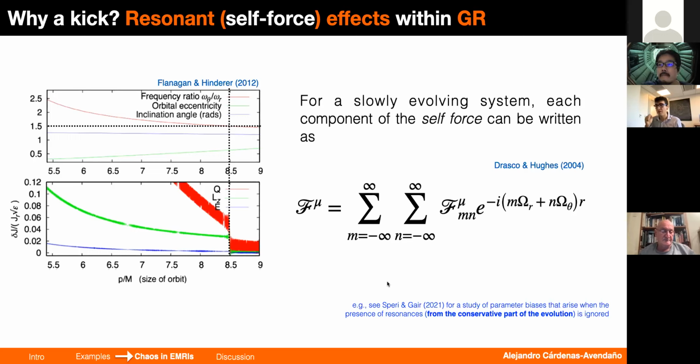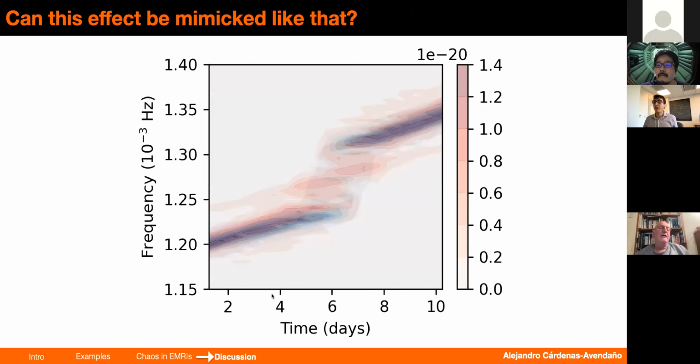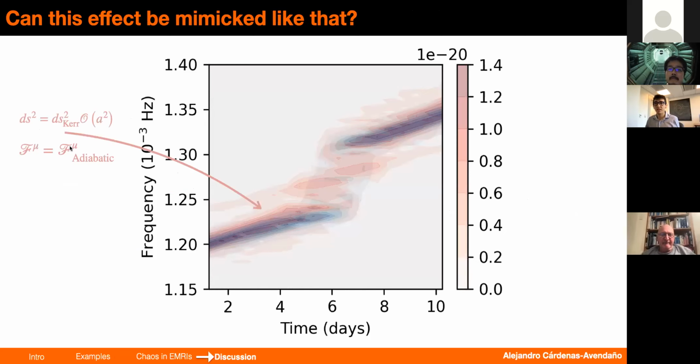This is within general relativity, effects coming from the dissipative part. So these are atypical results, what we found. Again, red is a slowly rotating Kerr, blue is Kerr, now with a kick. And what I mean by that is the red is just a slowly rotating Kerr with the adiabatic approximation for the fluxes, and blue is Kerr, not integrable, the adiabatic fluxes, but at a particular point, Tk, I'm adding